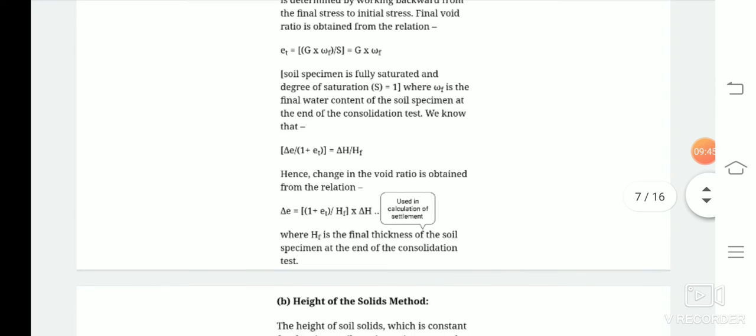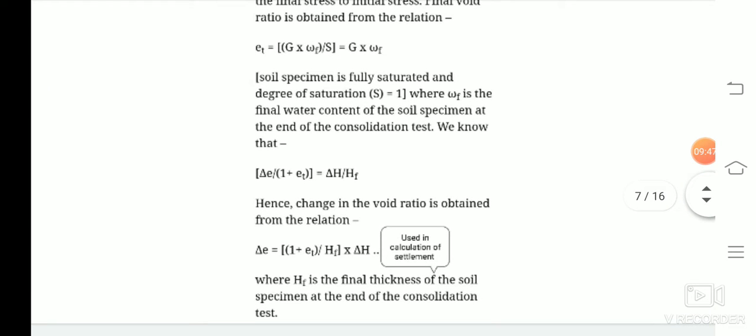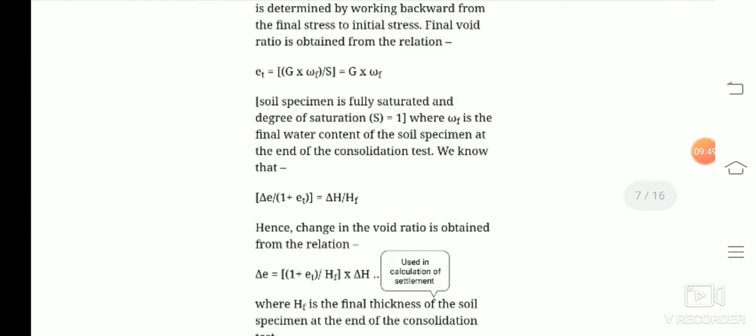Hence the void ratio is obtained from this relation as e_f equals G into w_f divided by S, or equal to G into w_f, when the soil specimen is fully saturated and the degree of saturation is 1,